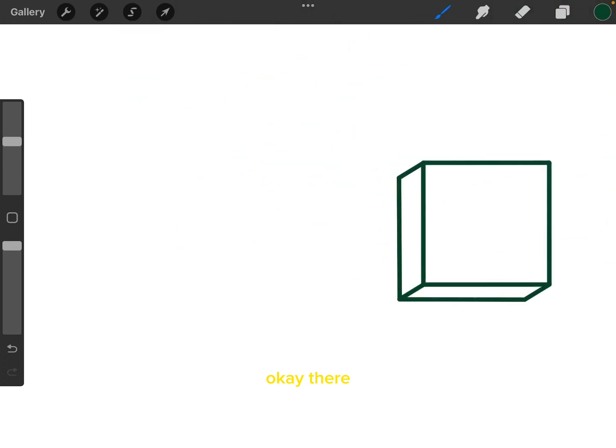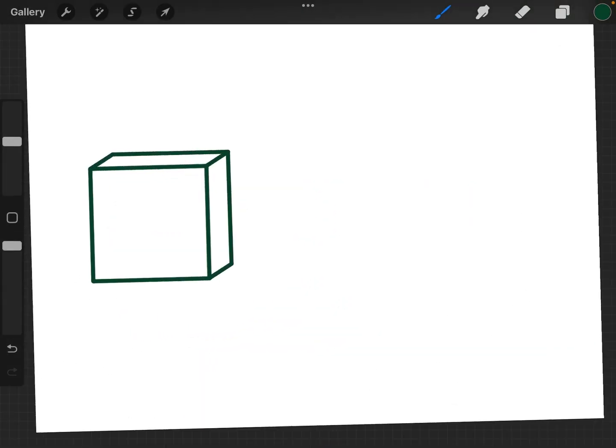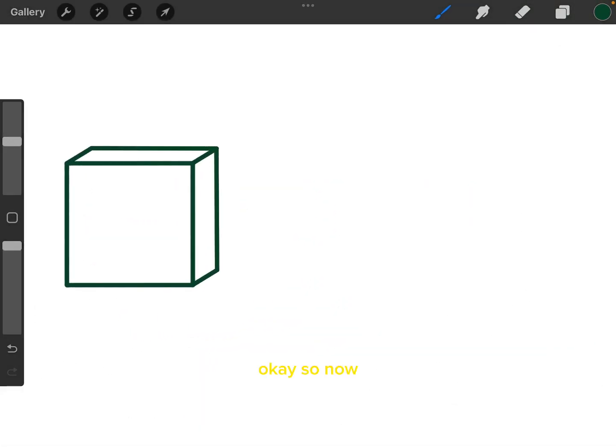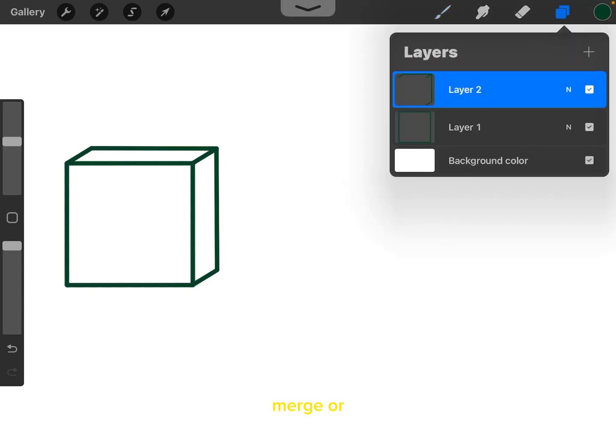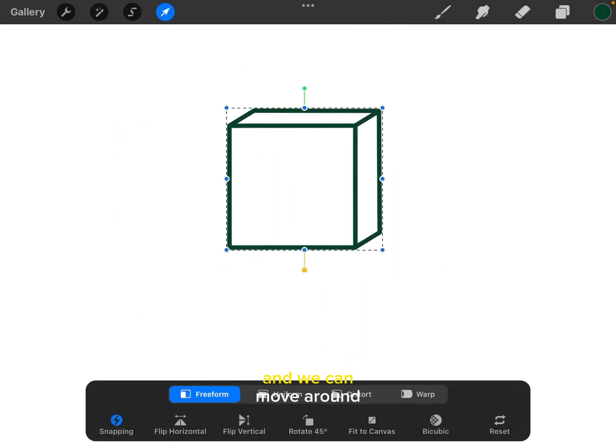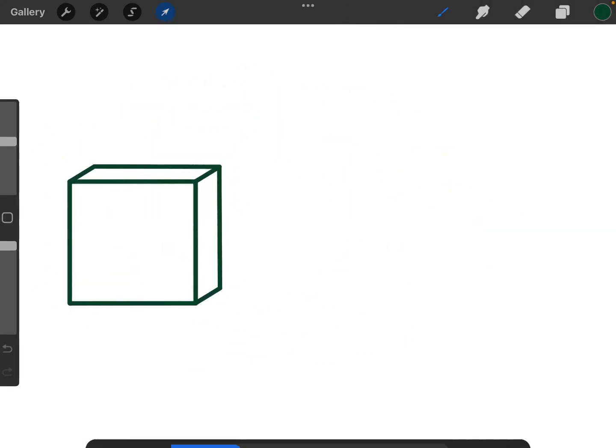Okay, there. Now it's okay. So now we can merge or combine these two layers, and boom. So now we got a little cube and we can move it around. So I'm gonna